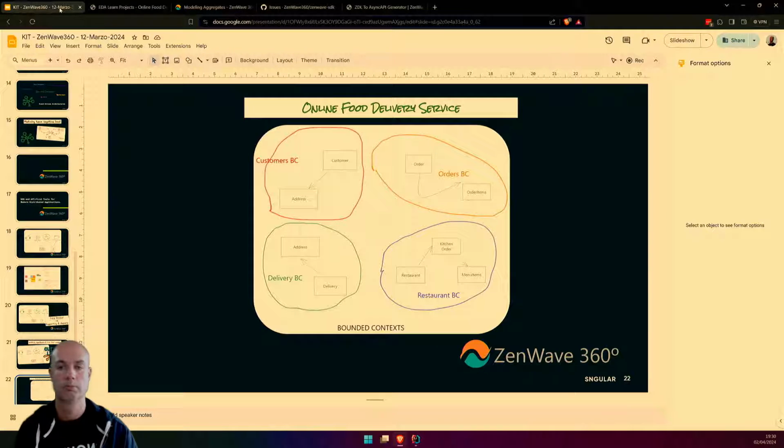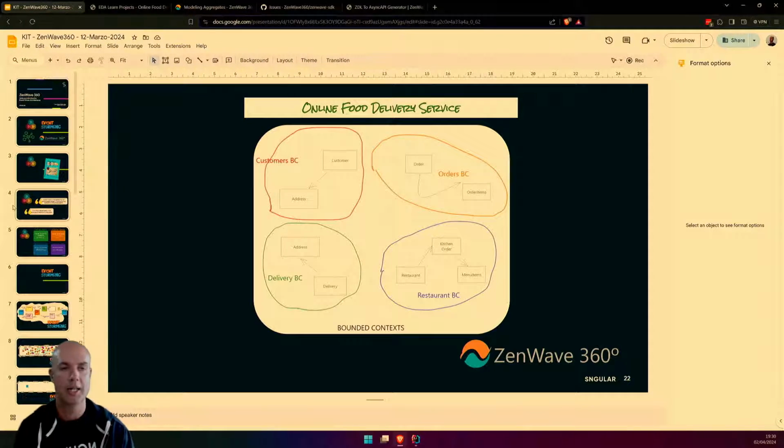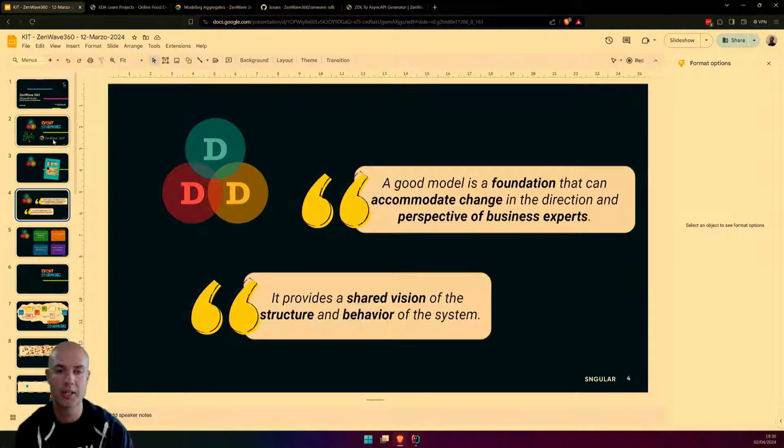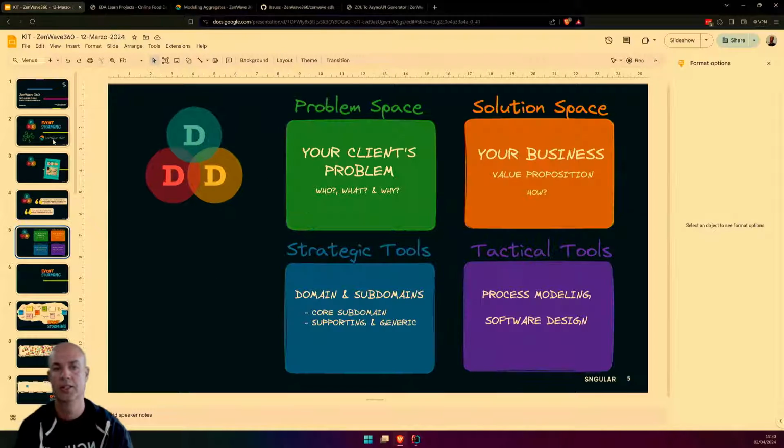So just to finish, let's back up and go back to what we saw. The main idea is to use domain-driven design and event storming to use language to create a foundation that can accommodate change, to understand the problem space always before building a solution.